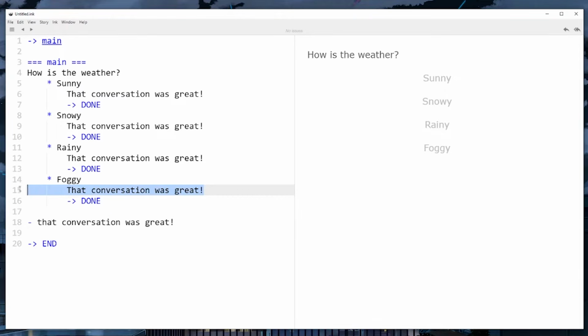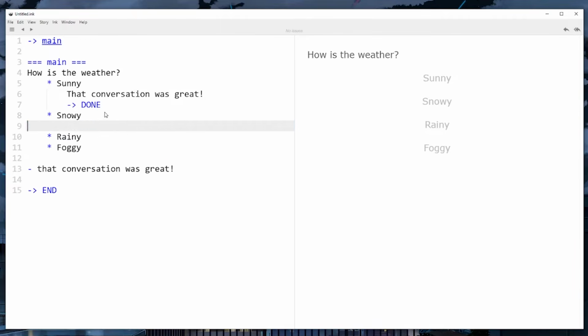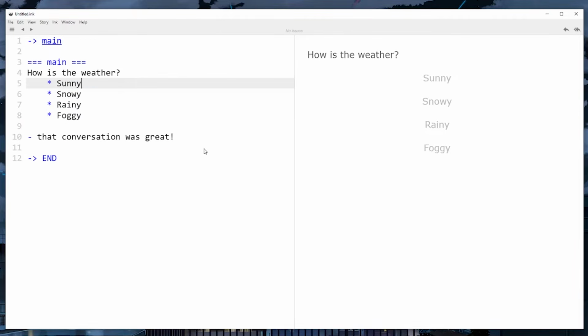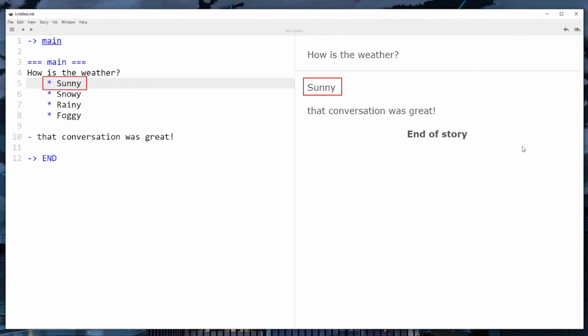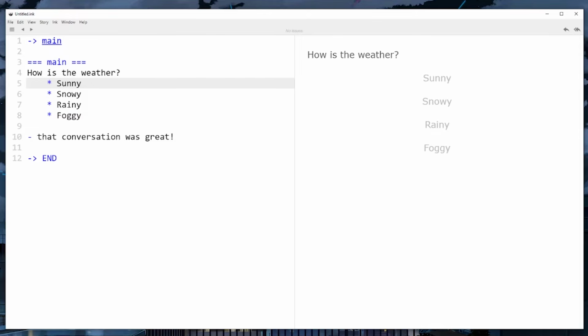When using a gather, it will detect when the choice has finished and execute based off of that. Because of that, we don't actually want to use the done marker anymore. Now, if we click through, you'll see that once any of the choices are selected and that choice path finishes, the dialogue is directed to the gather and we see that text printout. Gathers can come in really handy as your story flow gets more complicated.